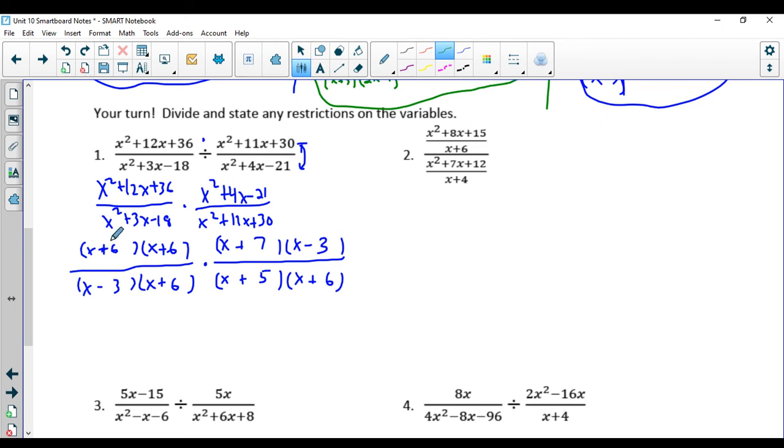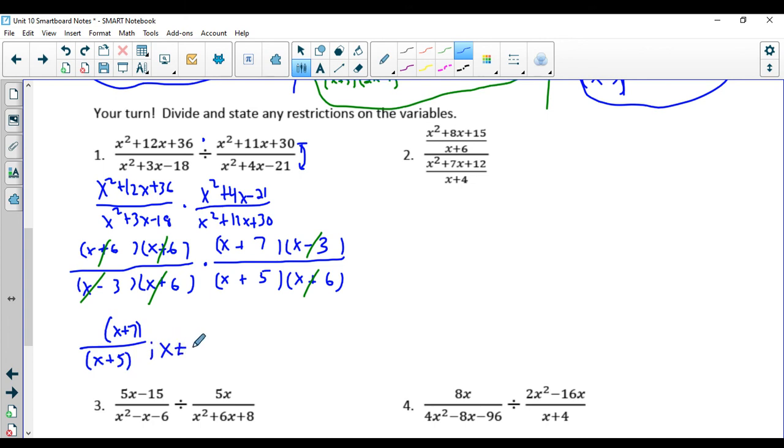So I have x plus 6 with an x plus 6. There's another x plus 6 and an x plus 6 down there. And x minus 3 with an x minus 3. And this is one good one. Lots canceling out. Feels like you're checking things off your to-do list. So, all right, we would be left with x plus 7 on the top, x plus 5 on the bottom,